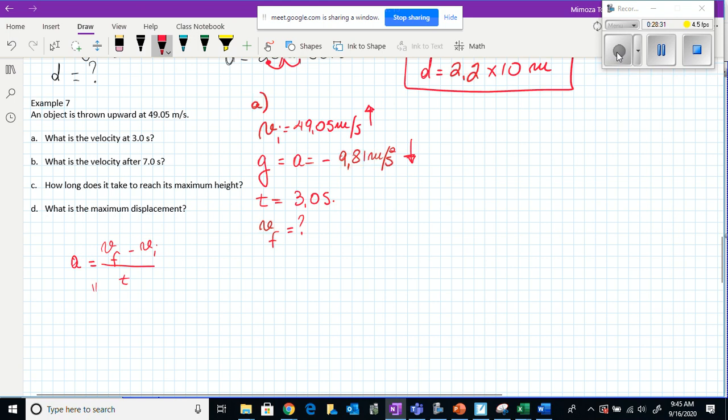From here, we find that V final is equal to acceleration times time plus V initial, or V final will be equal to negative 9.81 times 3 plus 49.05. So V final in your calculator will be,